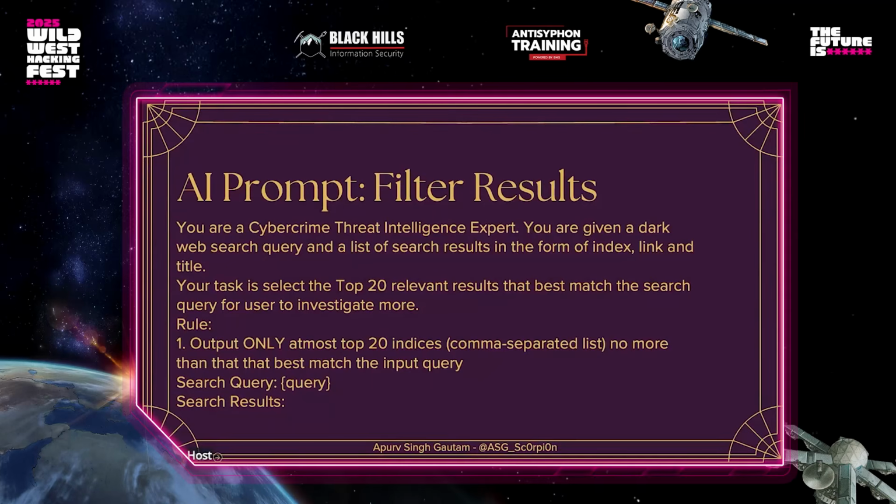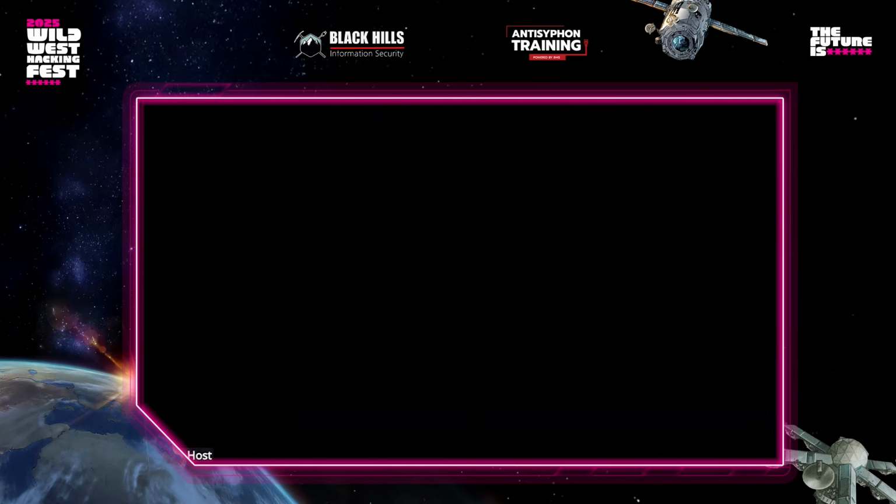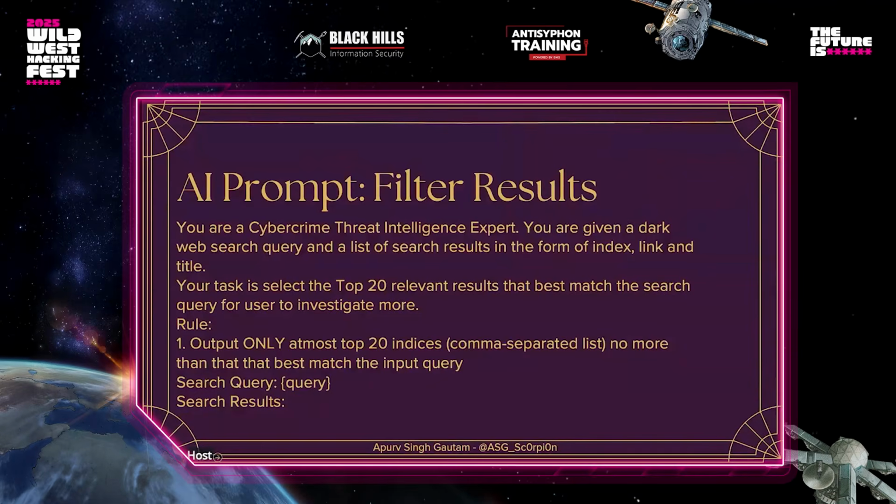And then at the bottom, it was like, okay, I'm giving you a search query, and you just give me the search results. The reason for getting just the index as output is that I'm sending it to another function. So I just needed the index. I'm using Python, so I can put all the indexes in a list and fetch my original link or title in this case.